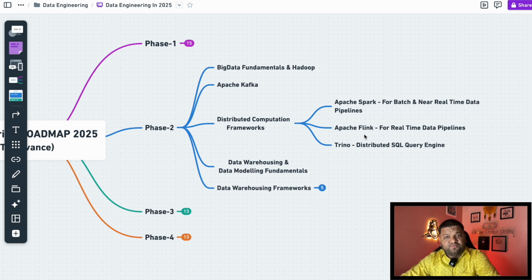Then coming to the Apache Flink, this is something which is widely used for the real-time streaming pipelines, right? When you are supposed to build that exact scalable real-time data pipelines, then Apache Flink is something which is really popular and used by many companies, including Spotify, and even at Expedia. For 2 years, I have worked with Flink and we built that real-time system there. Now, Trino, distributed SQL query engine. This is also very important, like when it is about running ad hoc query on the terabytes and petabytes of the data in the distributed manner, then Trino as a distributed SQL query engine is very helpful and very popular.